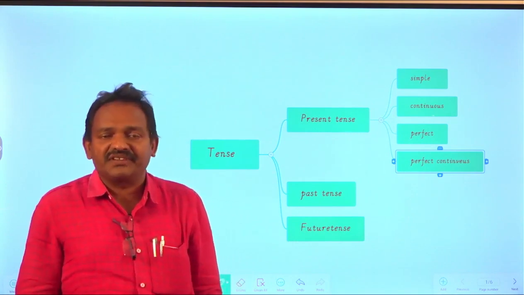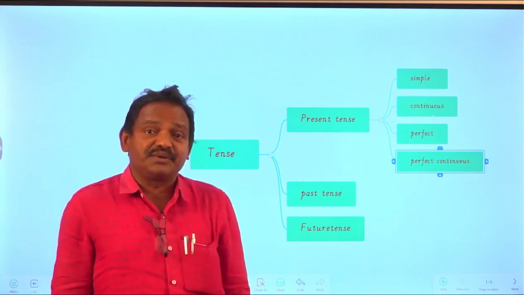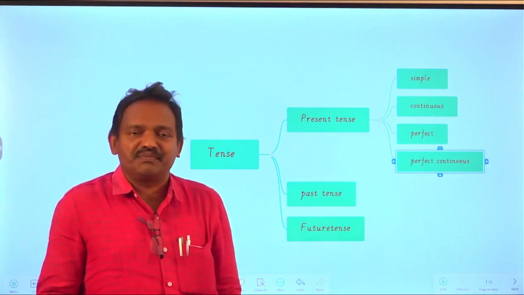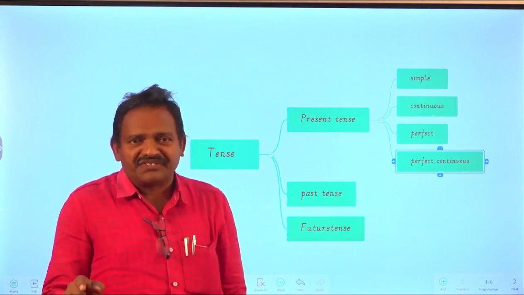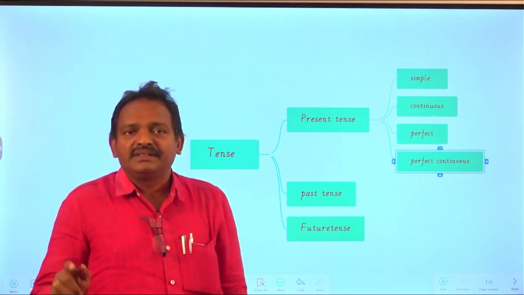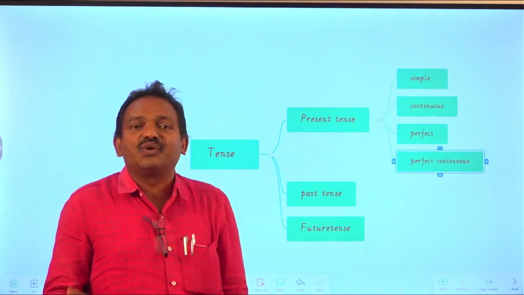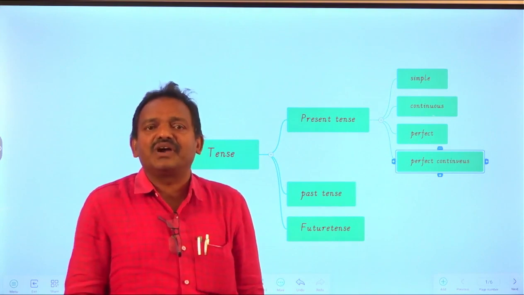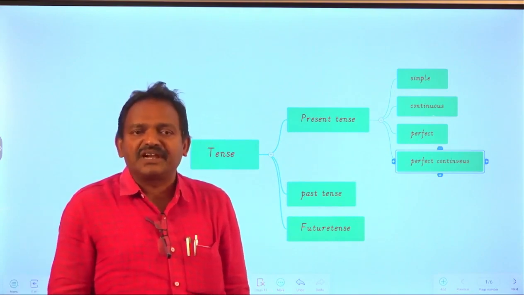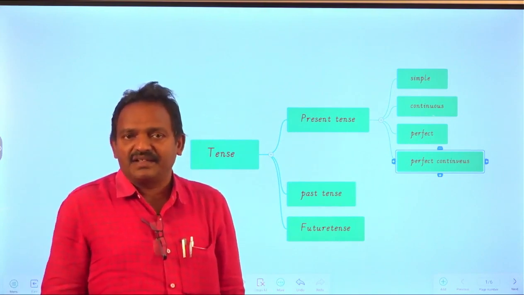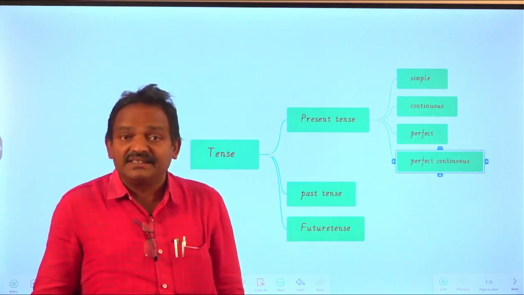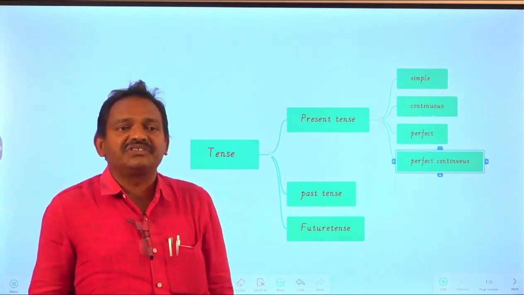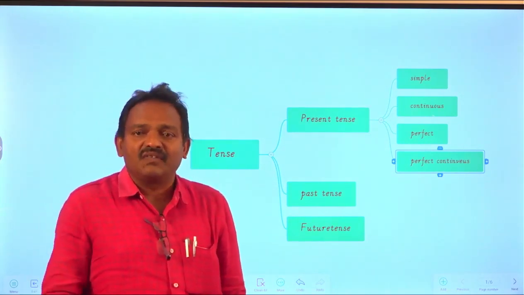Then go for the past tense. Past tense tells us about an action which was completed in the past time. Remember once again, in the past time. That means completed actions are expressed in the simple past tense. Here, in this tense, we have to use V2. The second shape of the verb is used here. For example, I write a novel. This is the present tense. I wrote a novel. This is past tense, because wrote is the second form of the verb write.